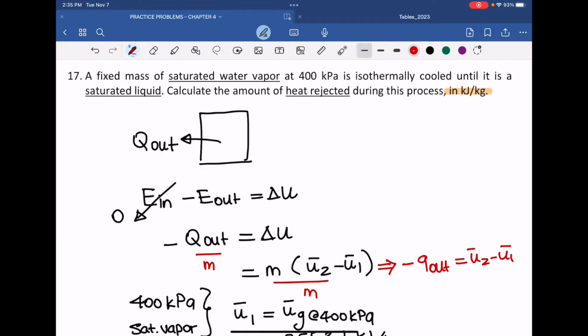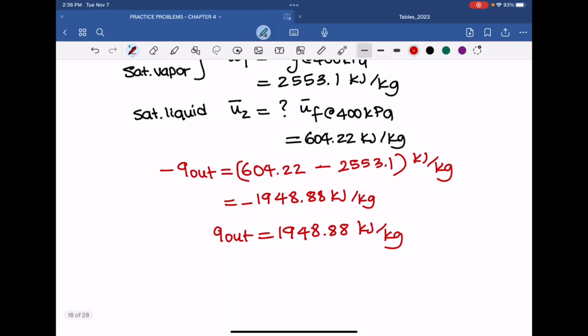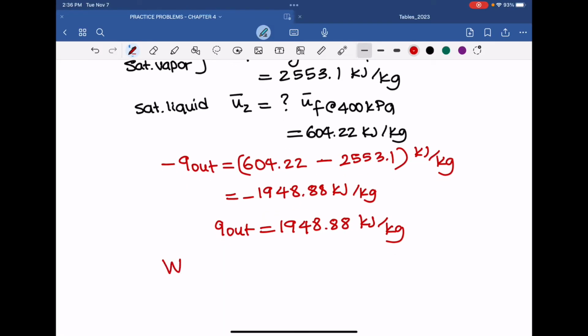Because the volume is getting smaller. Because you had a vapor, it is becoming a liquid. So it is compression. So in your energy balance, you need to include boundary work getting in minus the heat getting out is causing a change,